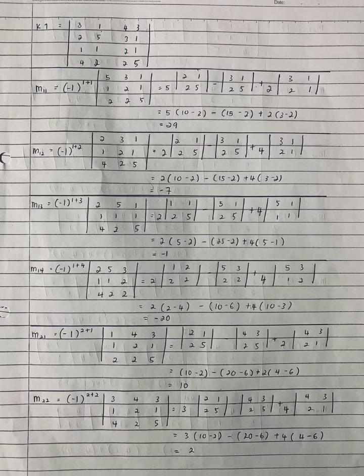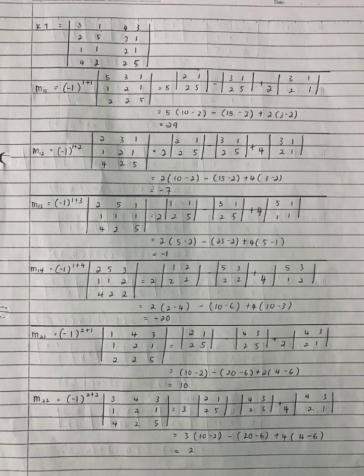M11 in the minor. Next, we have to apply the same method to each position, which is M11, M12, M13, M14, M21, M22, M23, M24, M31, M32, M33, M34, M41, M42, M43, and M44. Therefore, we will get the value of M11 is 29, M12 is negative 7, M13 is negative 1, M14 is negative 20,